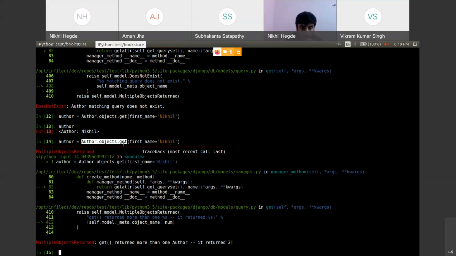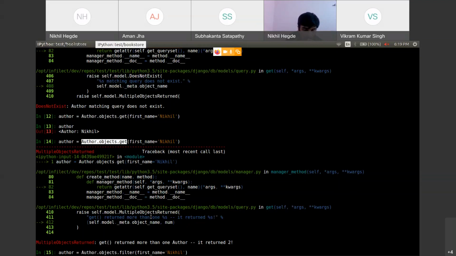Please remember. Okay. Now assume that you don't want only one object. Now you want both the Nikhil authors. Now what will you do? Instead of using get, now you will use filter. Please remember, get is used to fetch only one object from the database.